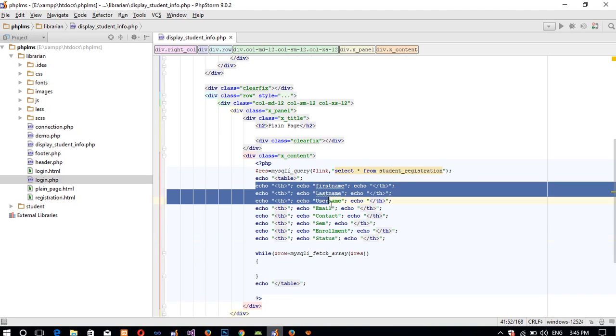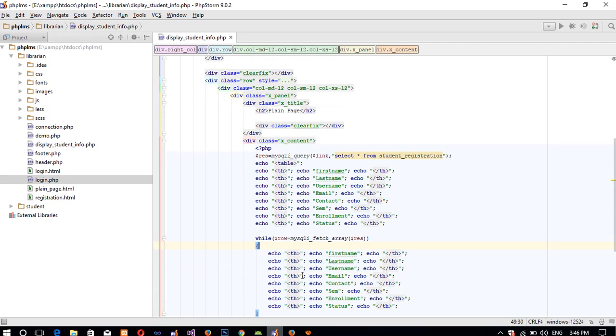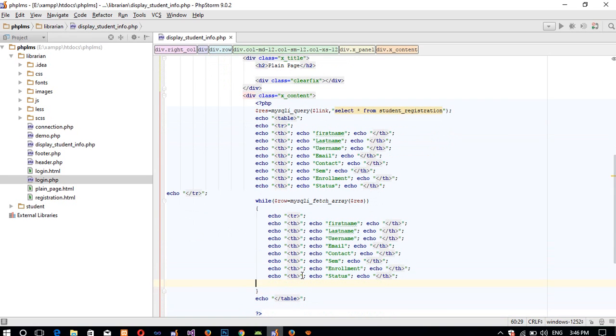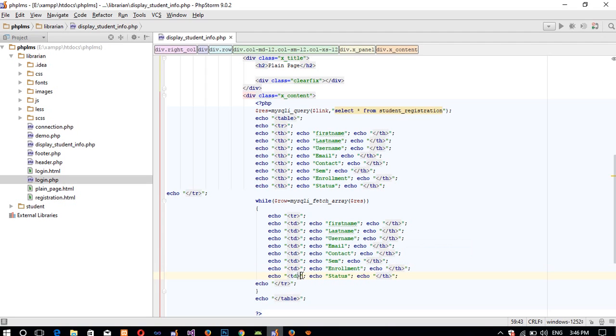and now we need to copy all this, and now here we need to take one tr test. So I am going to take tr, and we need to complete our tr test. So I am going to complete our tr. Now here we need to again start our tr. So I am going to start tr, and here we need to complete it. Yeah, and now we need td, so I am going to do td. Here also we need to complete /td,